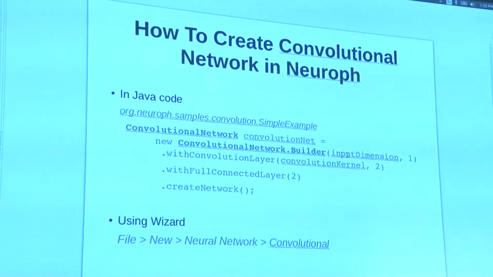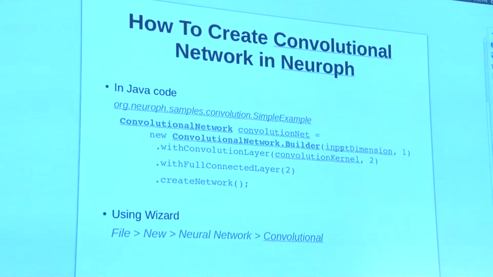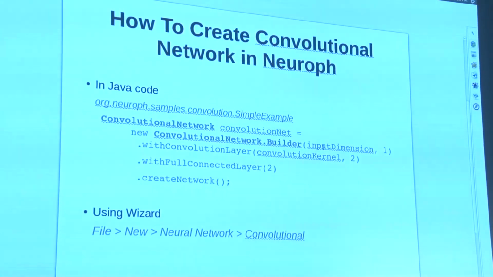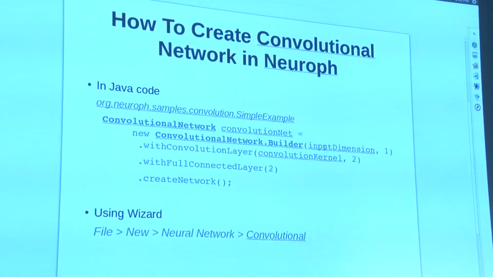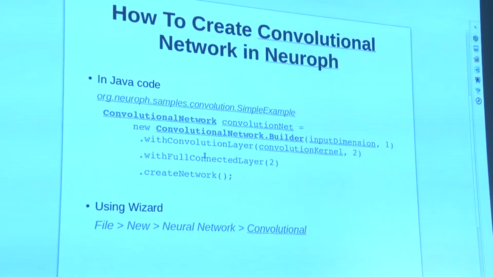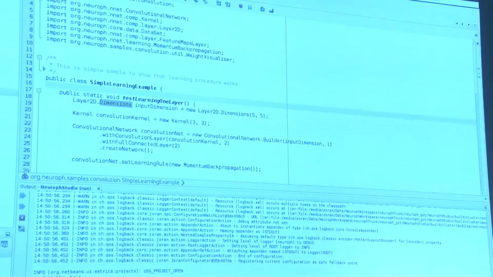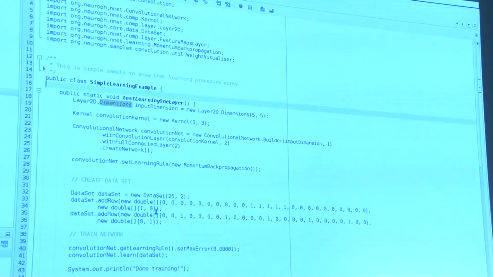If you have an image 20 times 20, then you need 400 pixels, 400 inputs. Or if you're going to go with full color, then you're going to need 3 times that. That's 1,200 pixels. And in this network, we just put one convolutional layer and put this fully connected output layer, okay? And we just create that network. So to show you the full example, this is that very basic example that shows that this convolutional network learns and that it works.